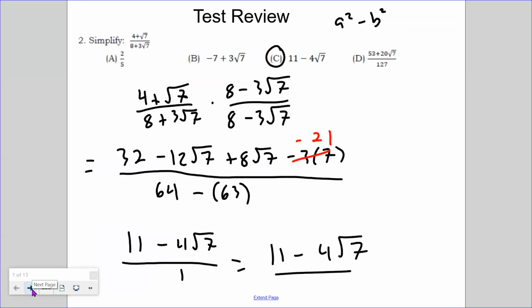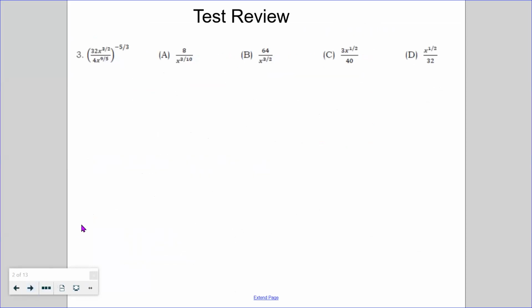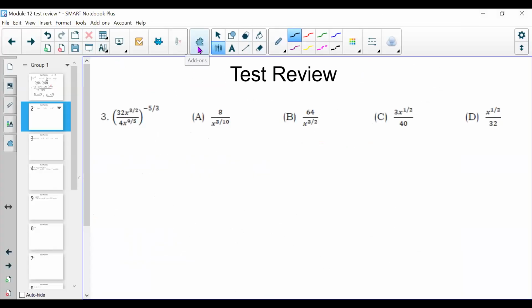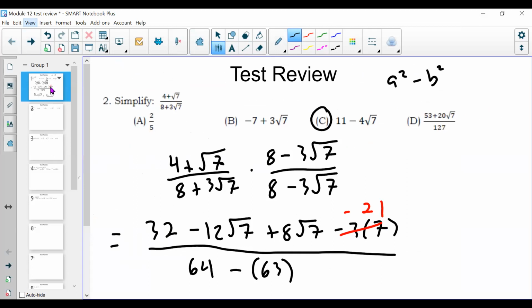All right, let's keep going. Now we're on number 3 in the test review, and we have this expression right here, and we're going to simplify it down. Tanish, go ahead. So for number 2 on the test review, for multiplying the bottom number, when you multiply by the conjugate,